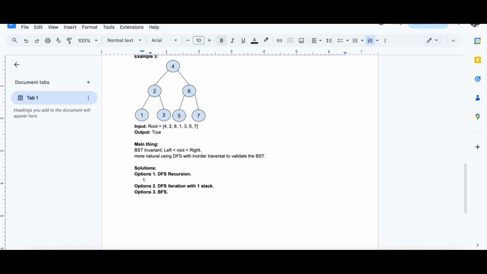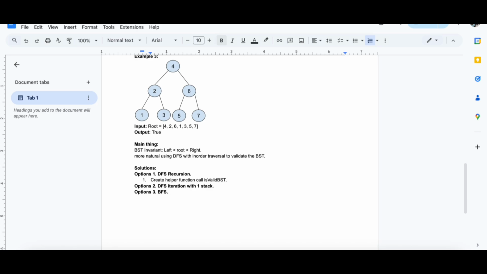So first, we need to create a helper function called build. No, sorry, this one should be is valid BST. Then we need 3 arguments.